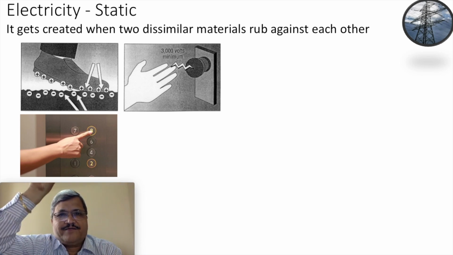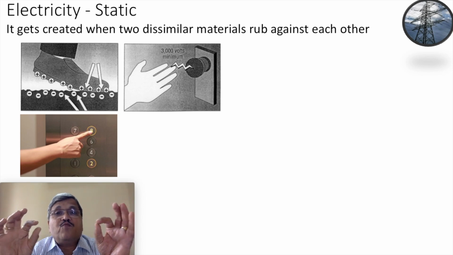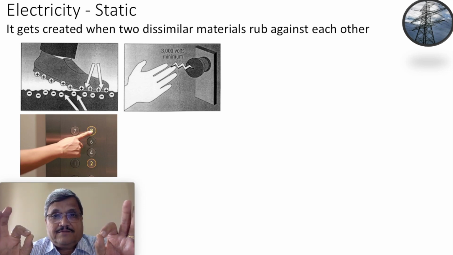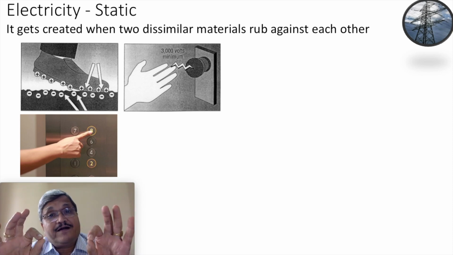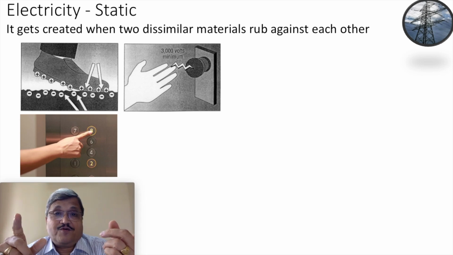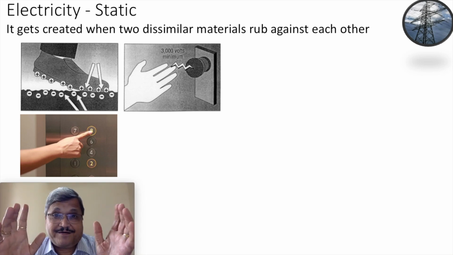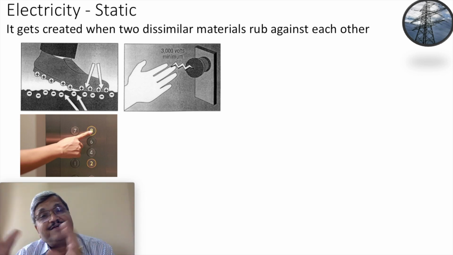On their bottom ends, they will rise and stand like this. That is nothing but electricity. It is static electricity, and it is more evident in winter because the dry air is an insulator, but moist air is a conductor. So it behaves like a semiconductor. In one condition, it behaves like a conductor. In another condition, it behaves like an insulator.